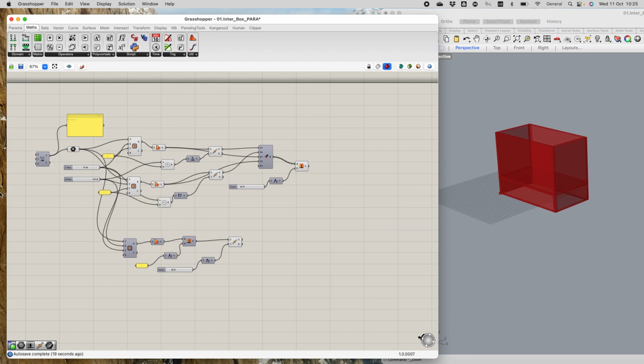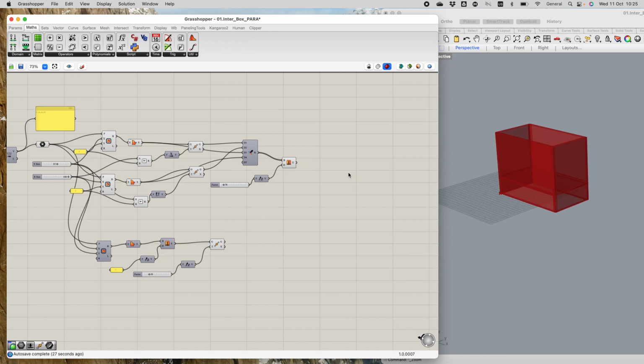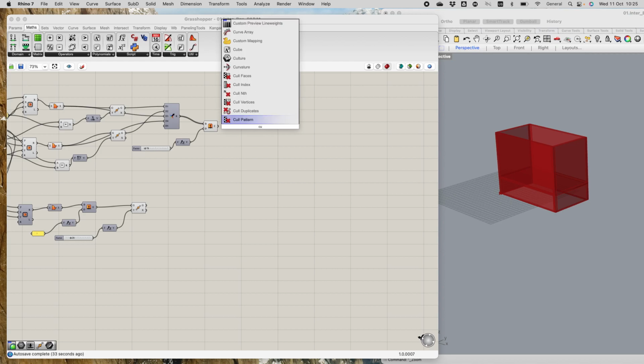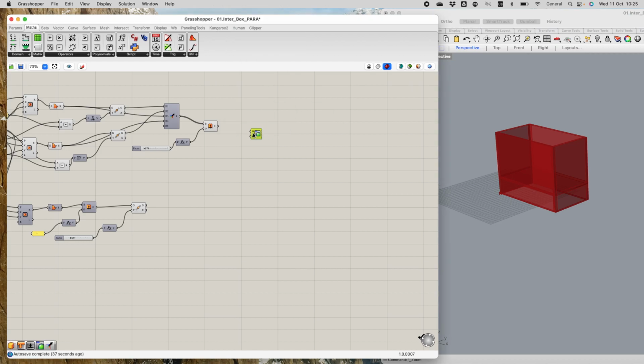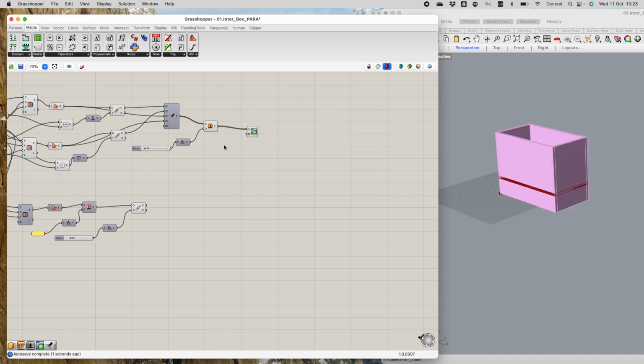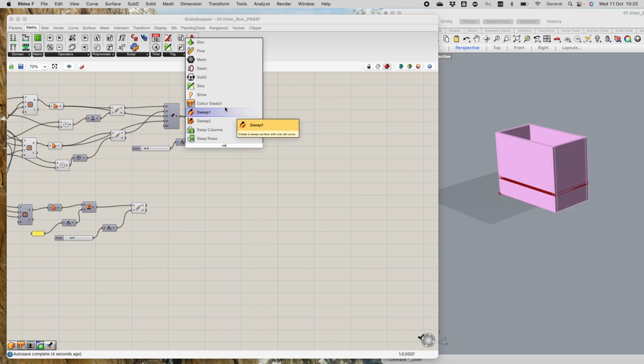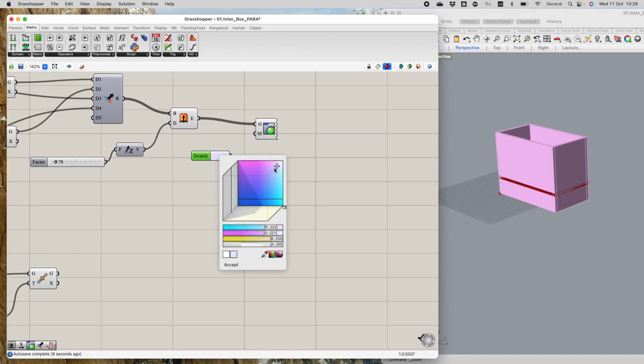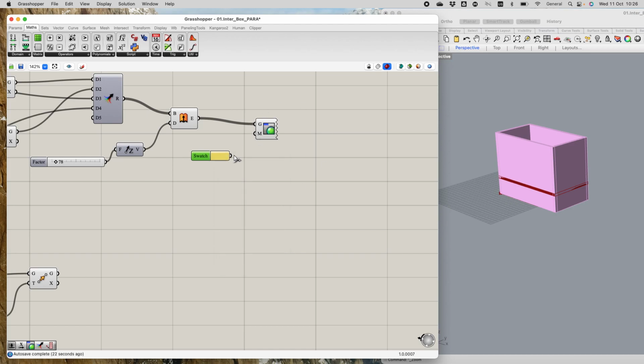Yeah? And it's quite good to sometimes give it different colors. And you can do that with a custom preview. And we can give it a color swatch. And if you double click on the color, you can pick whatever color you want. Why don't we do this yellow? We plug this in